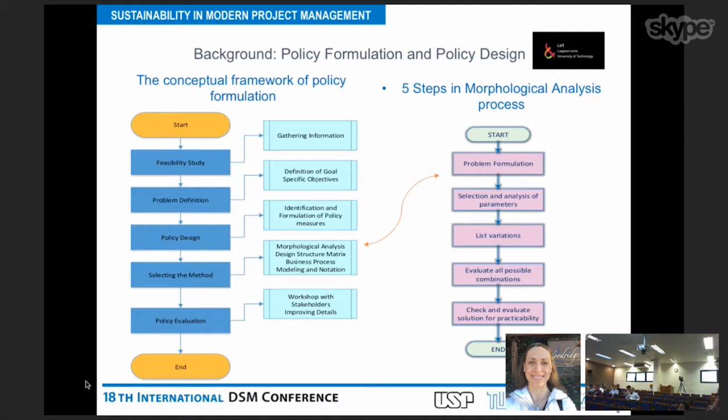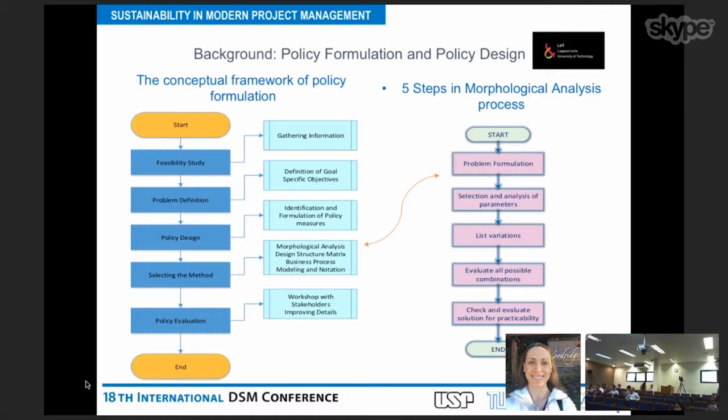In selecting the methods, we thought the best tool in this case is morphological analysis, but not only that; having in mind its limitations, we continue with the design structure matrix, which can help a lot in improving this policy in this context. Morphological analysis first starts with the problem formulation, and we design the parameters and values,